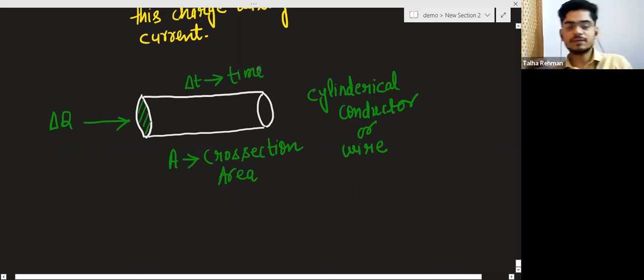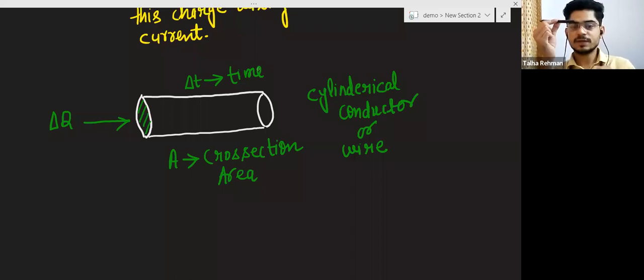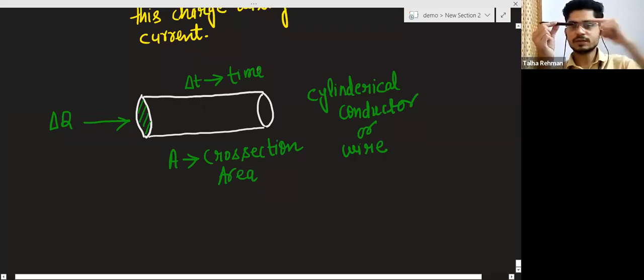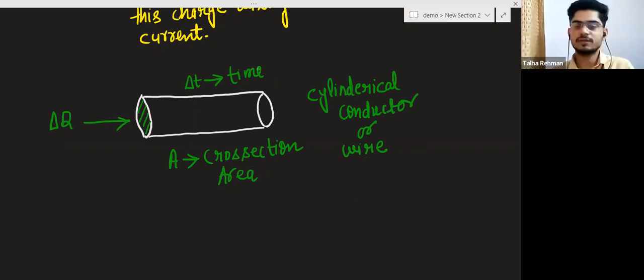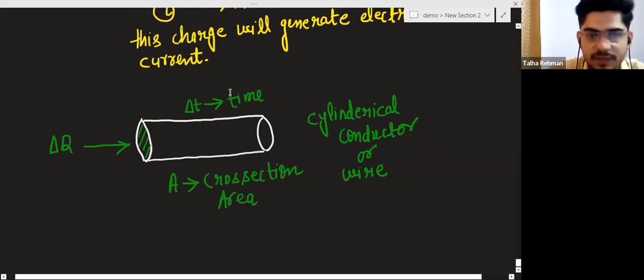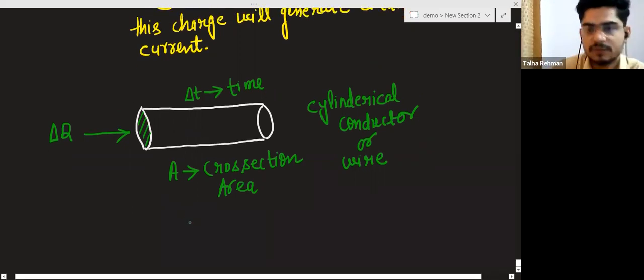For example, suppose in this conductor 5 coulomb charge is flowing from here to here, and we can take a time like 5 seconds or 3 seconds. If I want to calculate the electric current in this conductor, then I can take